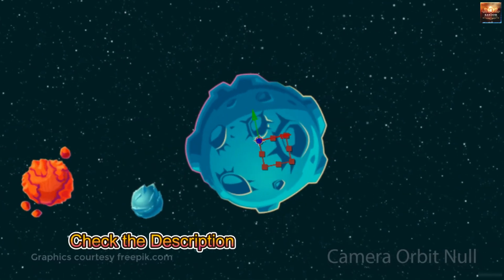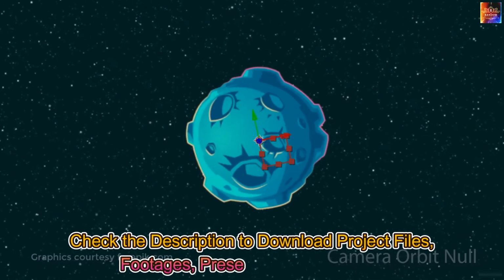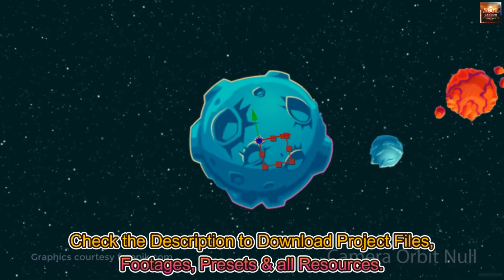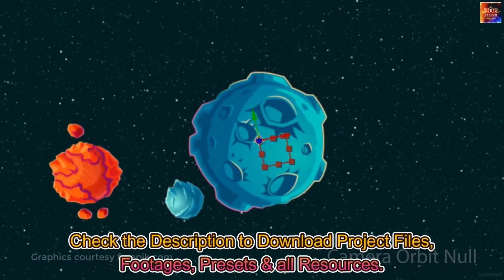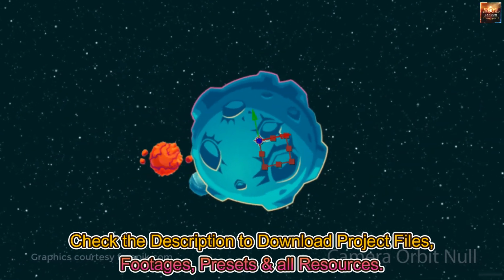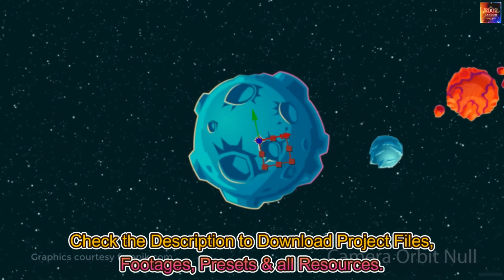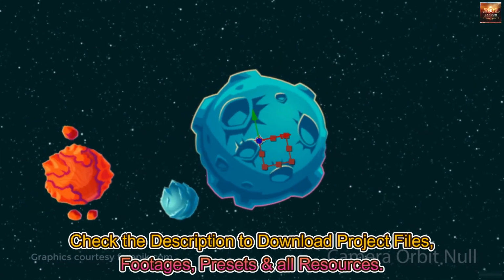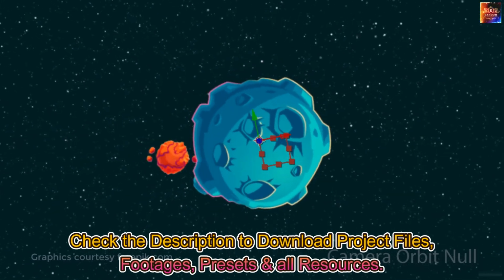You are most probably aware that the sun rotates around the earth, or the earth rotates around the sun. I'm sure you're aware of something like this. But I'm very sure that you will want to learn the orbit null in After Effects and get some planets rotating all over the place around the